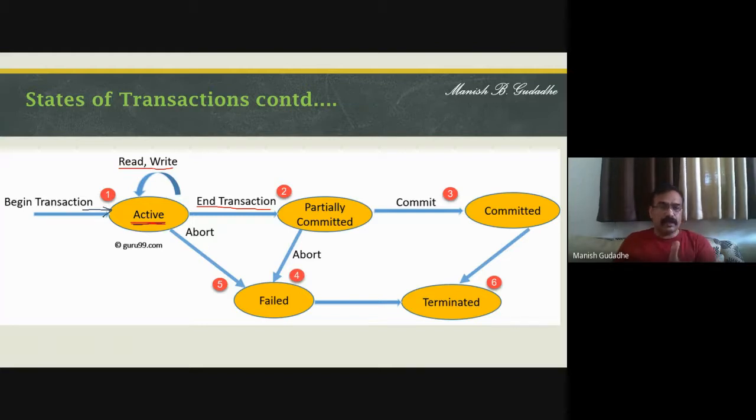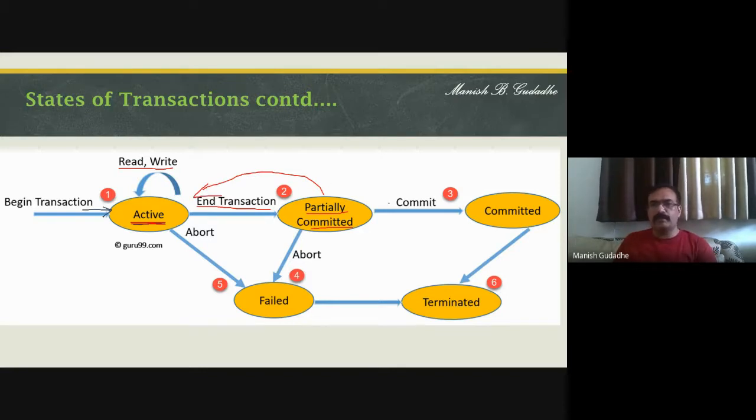Once the transaction is ended, we will have to take a decision whether the changes need to be reflected or not. So we will go to the database and make the changes in the second state. At this moment, the transaction will be in partially committed state. We have finalized all the changes. Now we are ready to commit, and we start the process of committing towards finishing committing. So that will be a partially committed state. From this also we can roll back. There is no issue. From this state also we can roll back.